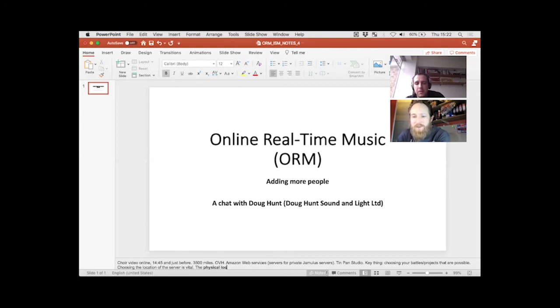When you're checking your emails, that doesn't matter. But when you're signing up for a VPS, a virtual private server, on OVH or Amazon, they'll ask you where you want your server to be, and make sure it's as close as possible. And if you're all in the north of England, then the north of England is better than London, right? Yeah, absolutely. That sounds good.